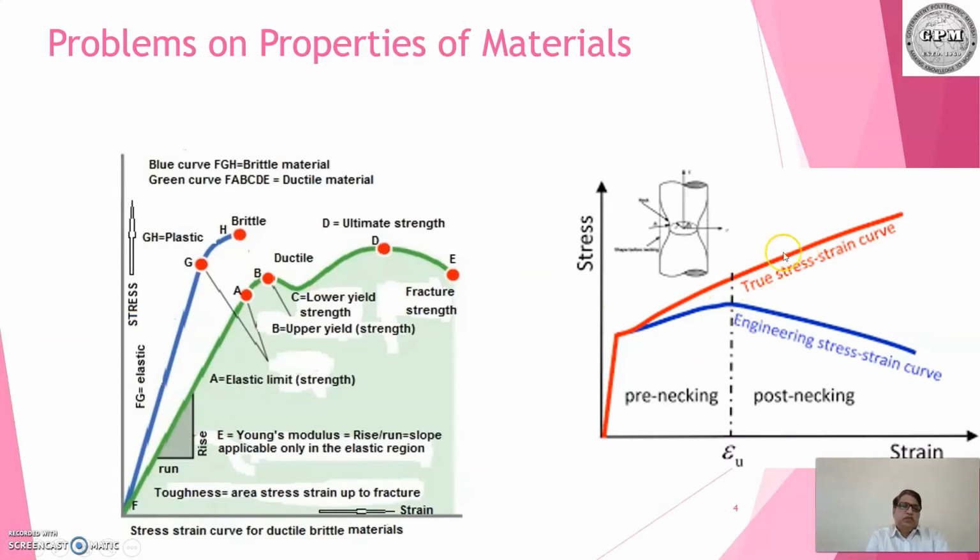Okay, this is about the true stress and engineering stress-strain curve. True stress is the stress at the neck portion. After the deformation, the area will be reduced because there is an elongation. And this is the actual stress which you are calculating, that is known as true stress. And this is the engineering stress, where nominal dimensions we are taking. This diameter we are considering, whereas for the true stress, this dimension we are taking. Because of that, the value of true stress will be more than the engineering stress.